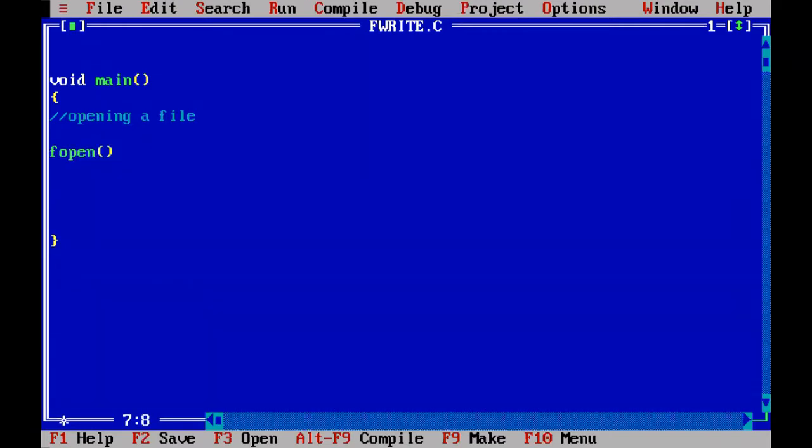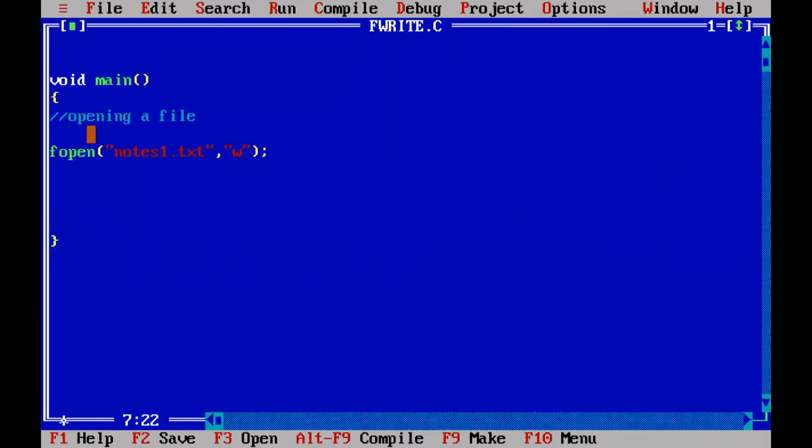And the fopen function will take two arguments. The first one is which file, into which file you are going to write. My file name is notes1.txt. This is the file name, comma, and why are you opening this notes1.txt? For a writing operation or a reading operation, you have to specify in the second argument. For a writing operation, the fopen function takes notes1.txt as the first argument and the writing mode as the second argument.